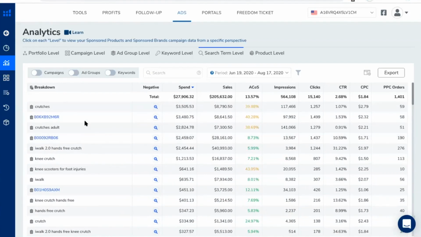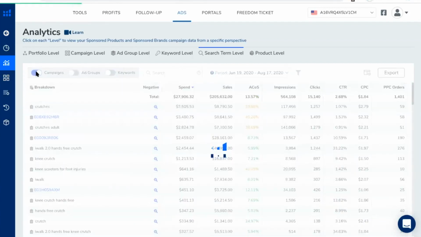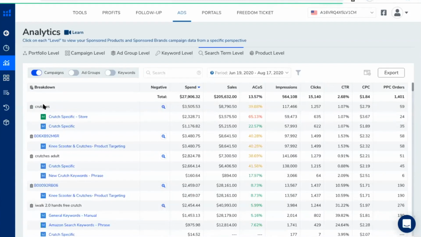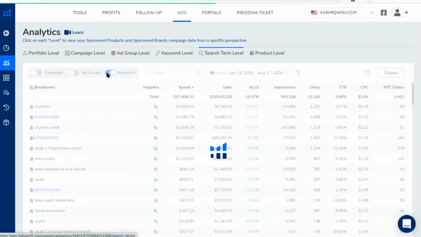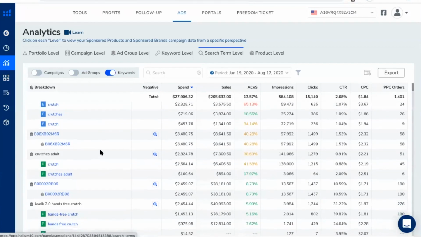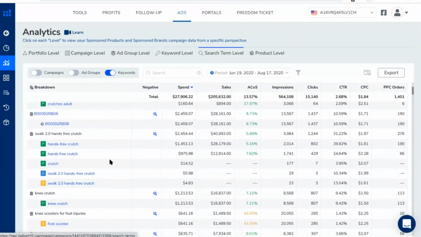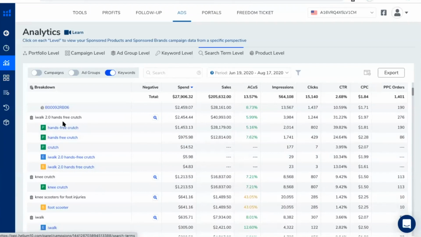If you wanted to see the campaigns associated with these particular search terms, we have a campaign toggle so that you basically can see the search term and the campaigns associated with it. You can do the same thing at ad group level, and at keyword level. And again, this gives you an idea of how the search terms are being connected to different campaigns based on different keywords.